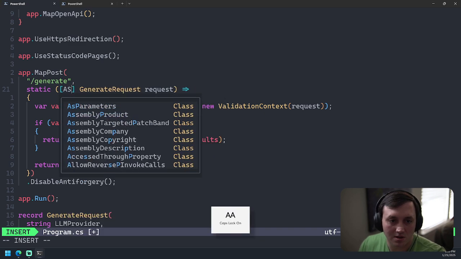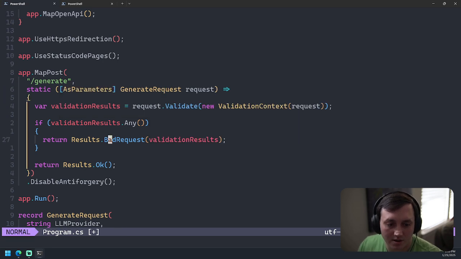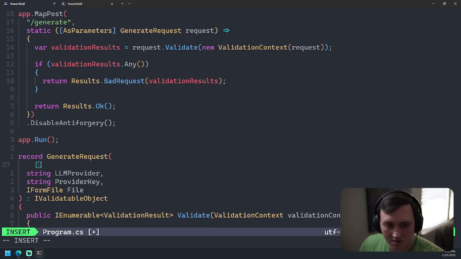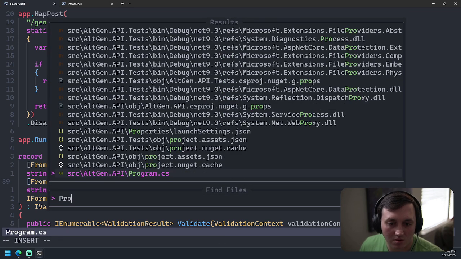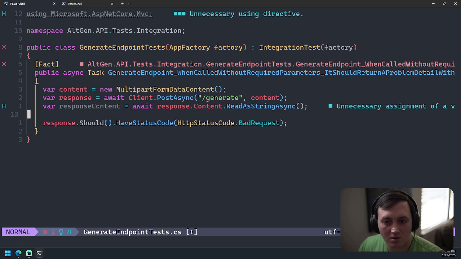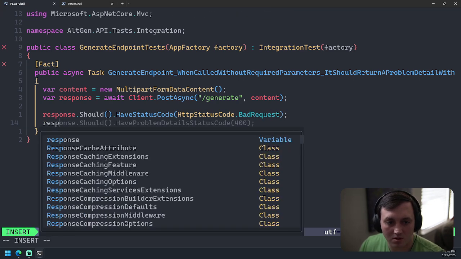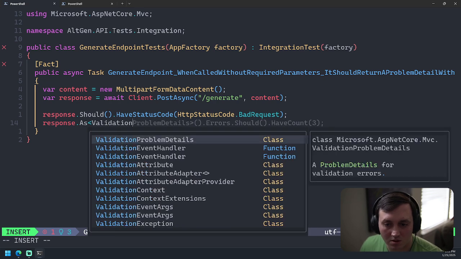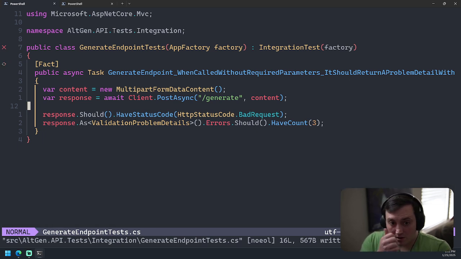This needs to be as parameters, and then this actually needs to be... there's something going on with my form binding.